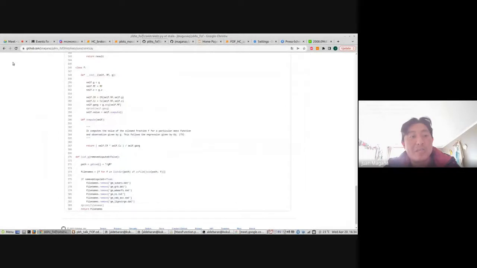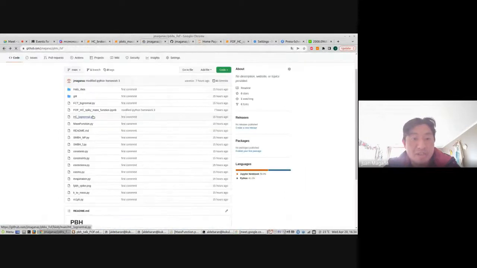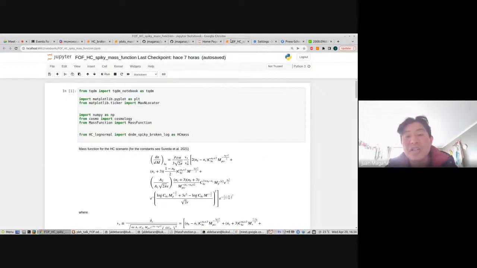In the repository, you can also find a Jupyter notebook, here, FoF HC spiky mass function. This notebook is just for the horizon crossing mass function, but you can modify this Jupyter notebook to calculate the same for the fixed conformal time scenario.